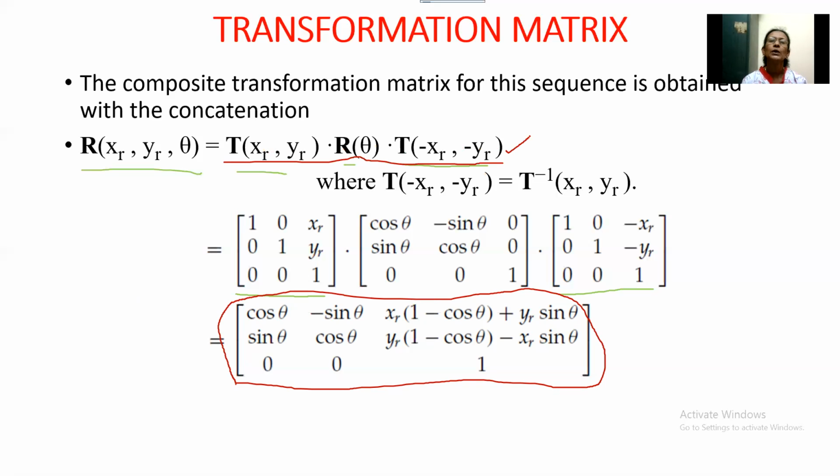For this, we need the multiplication of matrices. Now I get the composite transformation matrix, and then I will multiply this by the point P. I have the three vertices, so I will go about multiplying each of the three vertices by the composite transformation matrix, that is, the composite transformation matrix multiplied by P.